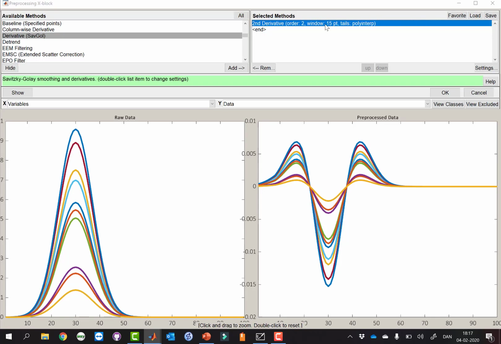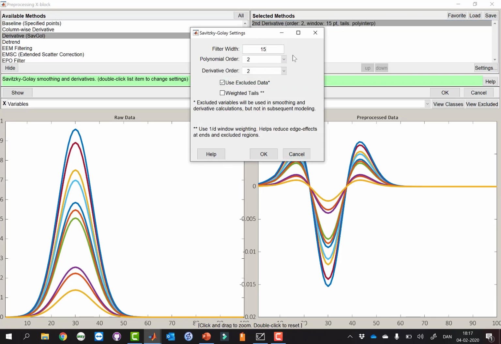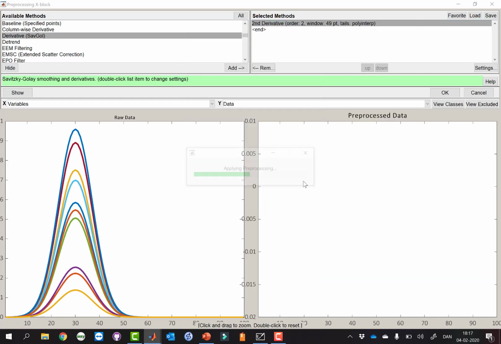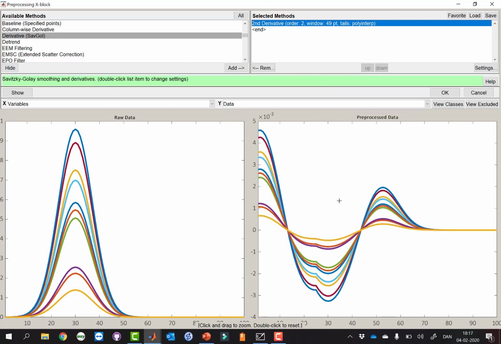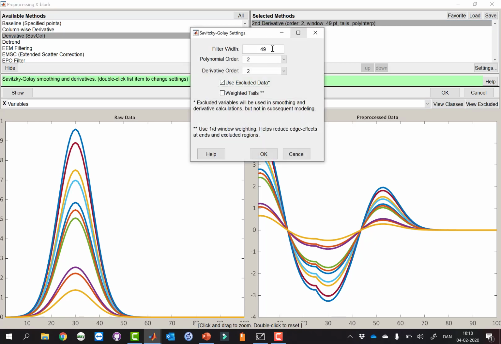What happens if we make the width very wide? Let's try and do this, and let's see what happens here. Then we run into some strange artifacts, because now the width is almost longer than the signal. Well, it's half the signal essentially. And you can see we get some strange artifacts here. So we really don't want to make the width too wide. We want to keep it as small as possible, but enough to not blow up the noise.